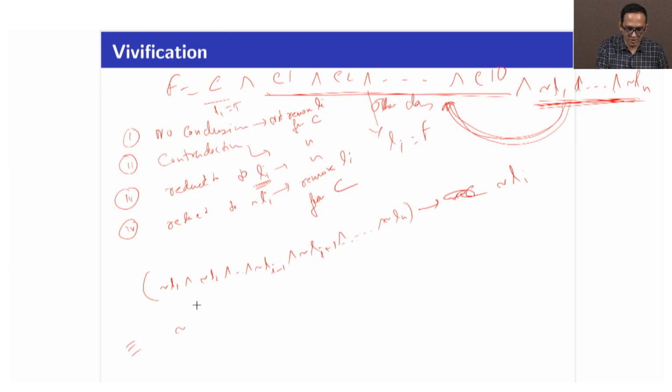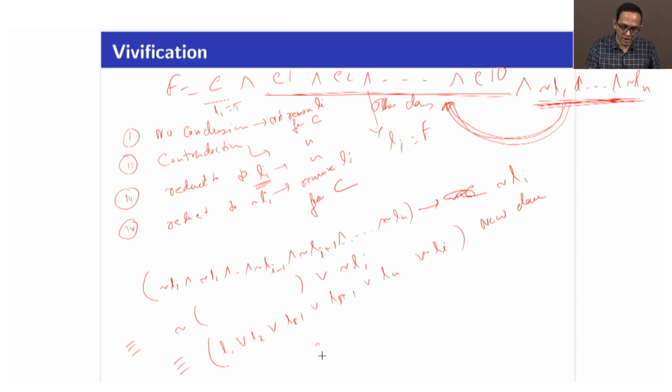So, this is not of this or not of Li, which is equivalent to L1 or L2 or Li minus 1 or Li plus 1 or Ln, and or not of Li, right. So, this is the new clause that I learned from this. In the original clause I have Li, right. So, this is the new clause I learned,